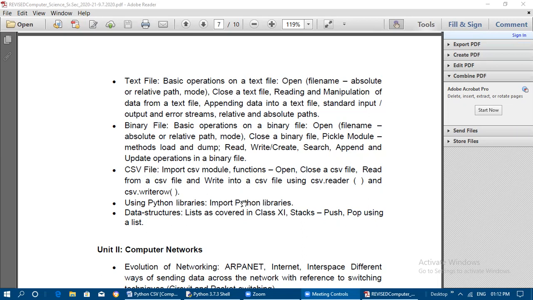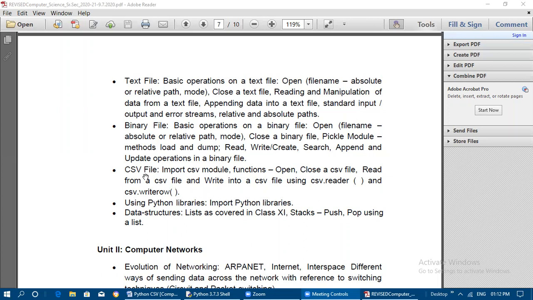Okay, so we have seen how to import Python libraries in the previous classes, and in the next video we are going to see how we can create Python libraries of our own. So we can create our own library also, and inside that we can have some modules under that Python package, so that we will see with some examples.